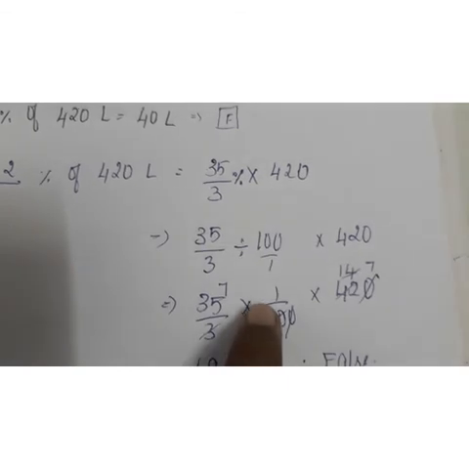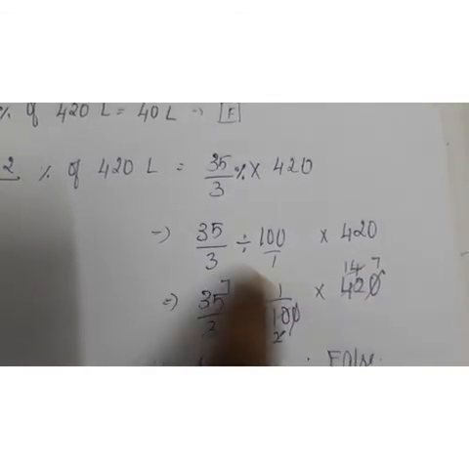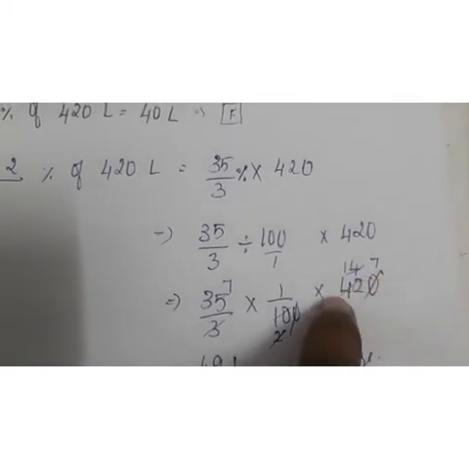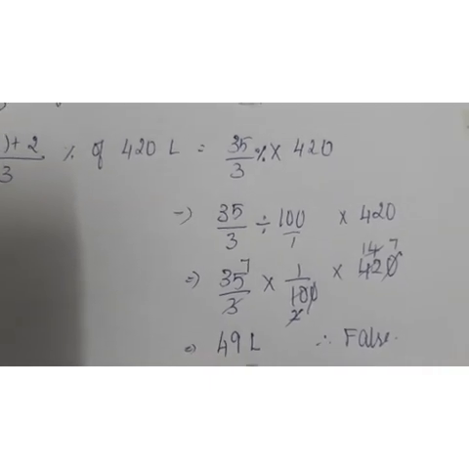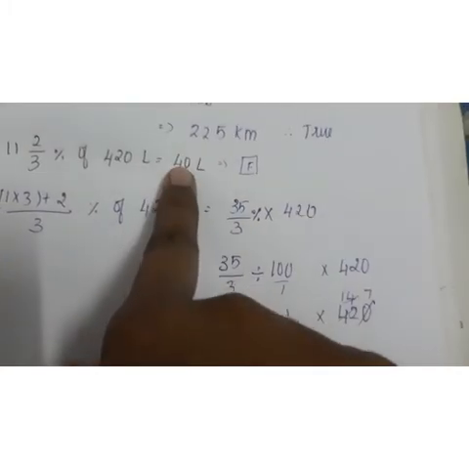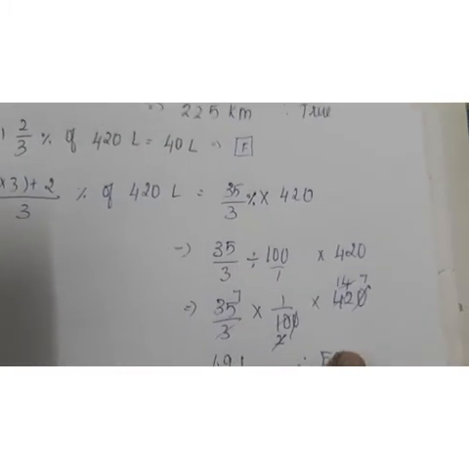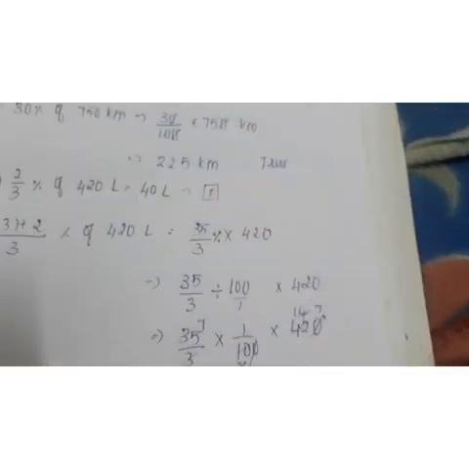So you can simplify this 0 and this one, and then by 5 table, 7 5s are 35, 2 5s are 10, then again this one by 2 table, and then this one by 3 table. Again when you cancel like this, you will get 49. Okay, then here you can see 40, so the statement is false. Okay, so the statement is false, you can put the symbol F. This is all about the 7th question.